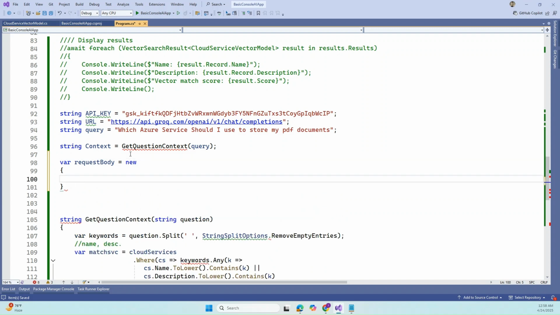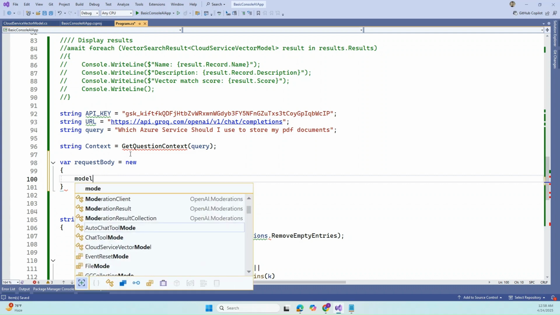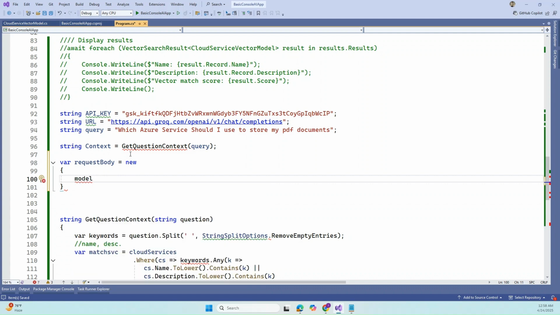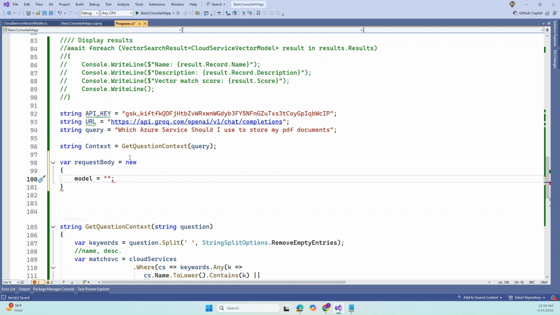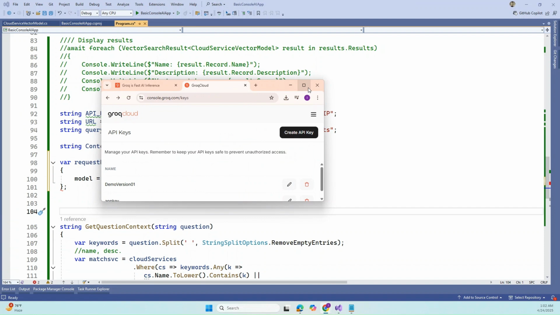So we are not using any library or any package in order to use Groq. So I'm going to make it simpler. First we need to pass the model here. In order to pass the model, we need to know the correct name of the model. To find the correct name, I will go to this API